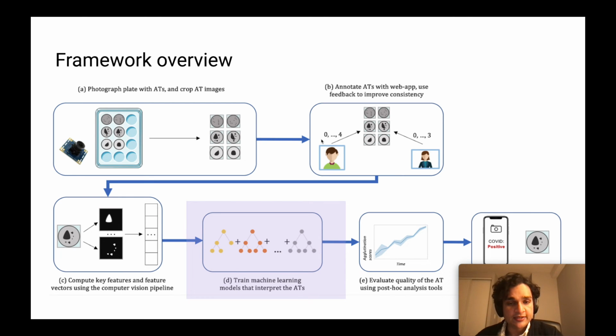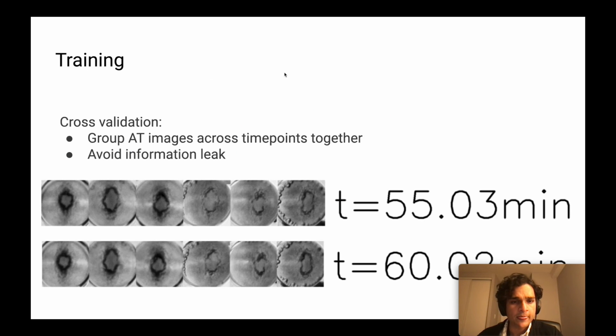Now that we have a labeled data set of image feature vectors, we can start training machine learning models in our modeling environment. We use cross-validation sets in the training process and allowed for agglutination test images to be part of groups such that they won't separate alongside the cross-validation sets. An example of a group can be seen here. So if we look at the first image,